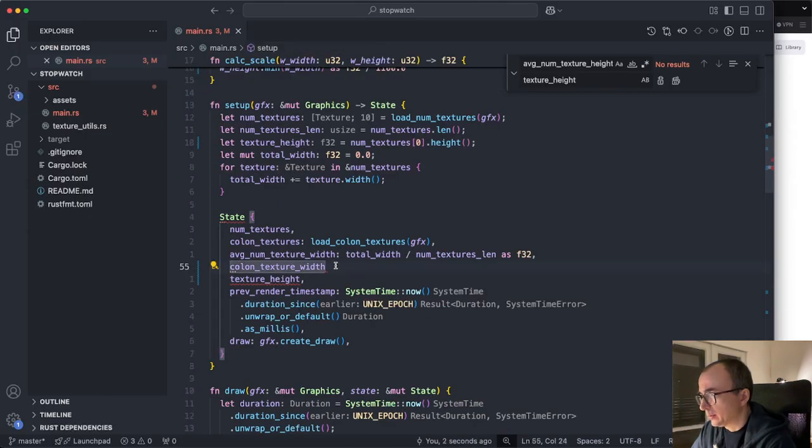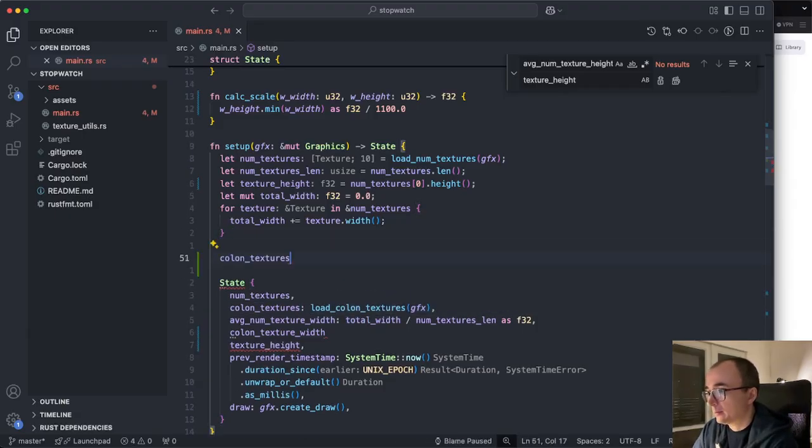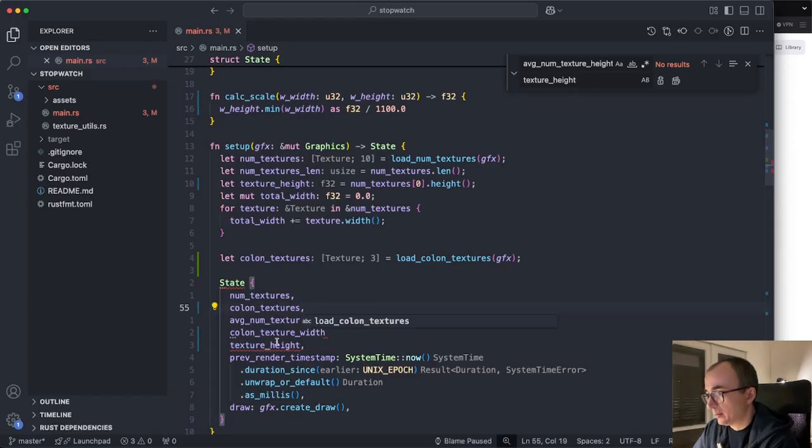And now, how do I calculate it? Here are all column textures, and okay, so I need to load it here. Cool, and I need to pass it here,